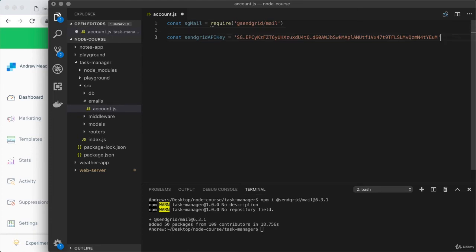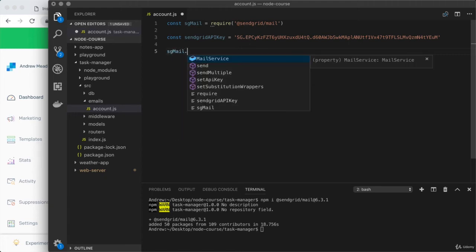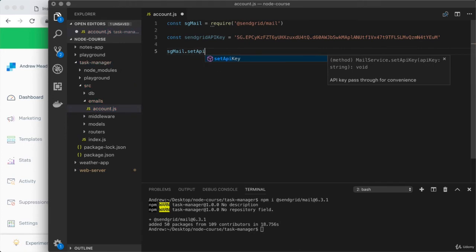Now, before we can send an email, we have to let the SendGrid module know we want to work with this API key. That's what's going to make sure that things work as expected. We can do that using sgMail.setApiKey, and we pass to this our API key, which I have stored in my variable up above. That's sendGridAPIKey. Perfect. Now that we have the API key set up, when we send an email, SendGrid will know it's associated with our account, and down below, we do that using